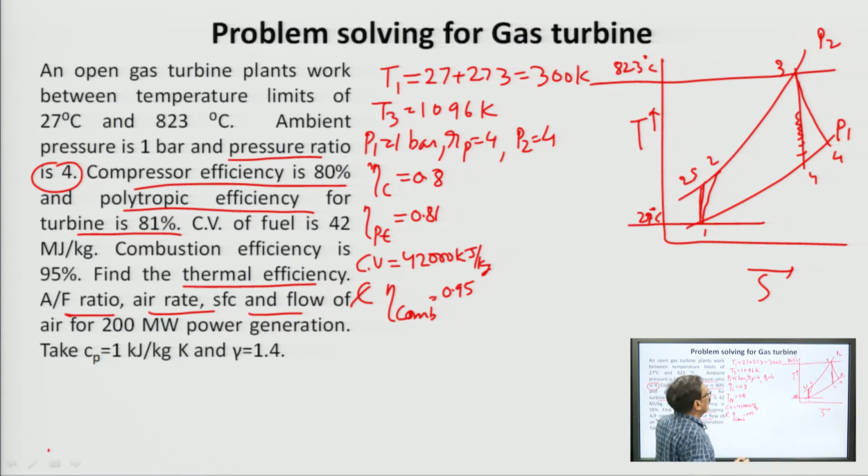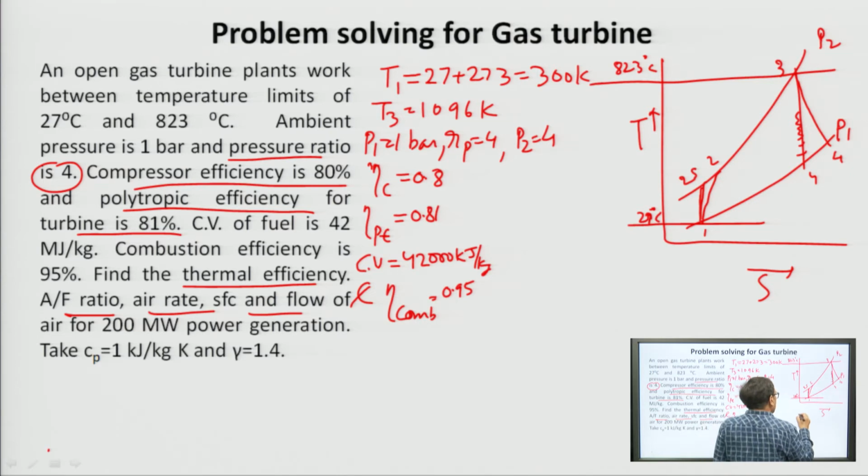We have to find out the temperature at point 2 and temperature at point 4. When we find out the temperature at point 2 and point 4, almost all things that we have to do is put the values of T2, T1, T3, T4 in the equations there. Now, try to attempt this problem. How are we doing this? This one is given. How to find out T2?